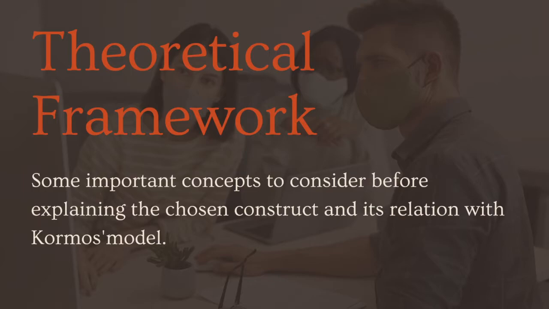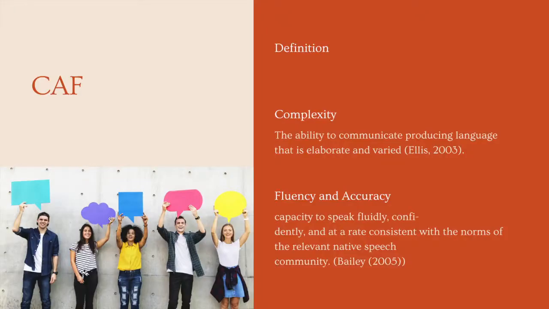Firstly, some essential concepts will be outlined before explaining the relationship between proficiency dimensions and Kormos's modules. A fundamental concept for teachers to understand is that while students are at the beginning and intermediate levels of language learning, that is, while they are still developing their proficiency, fluency and accuracy often compete against each other. Before grammar rules become automatic and while learners are still incorporating essential vocabulary items, applying the rules and searching one's memory for the appropriate words may be effortful and laborious mental processes, which slow the learner's speech, making them seem disfluent. Likewise, language learners can sometimes speak quickly, without hesitating to apply the rules they have learned, but doing so may decrease their accuracy. Why did we choose it?